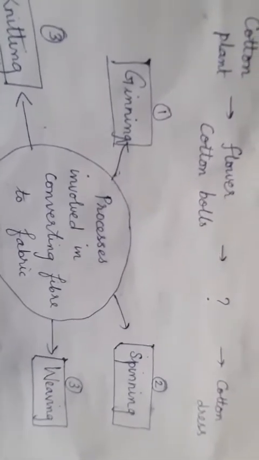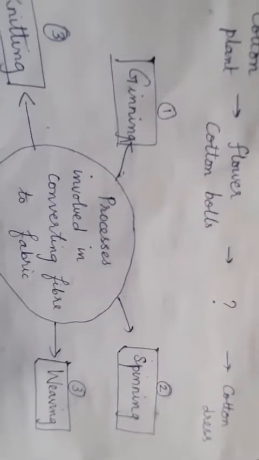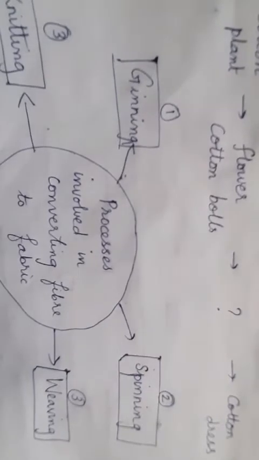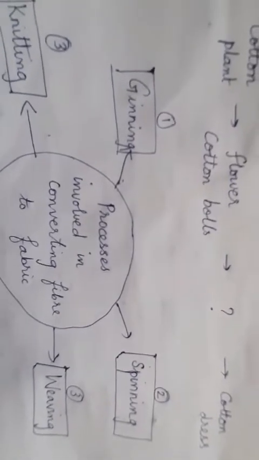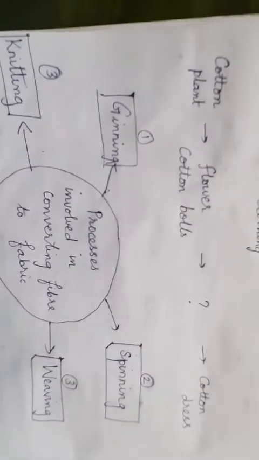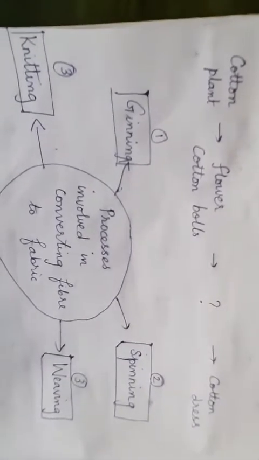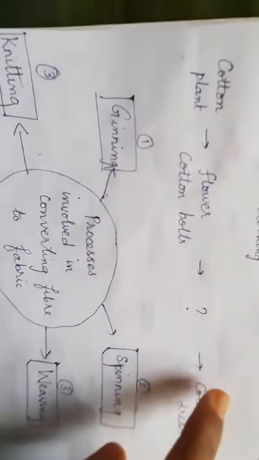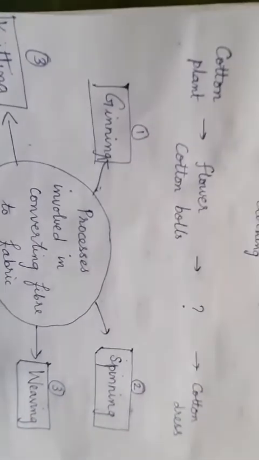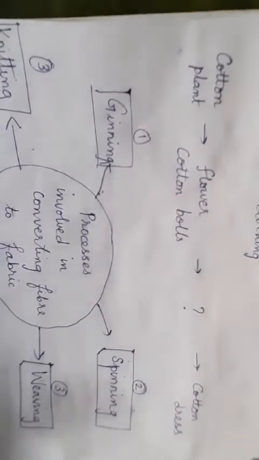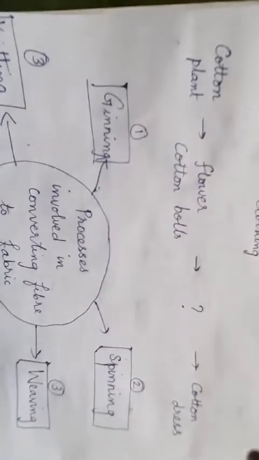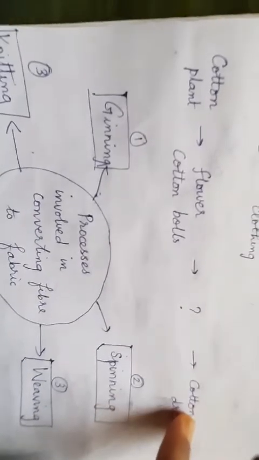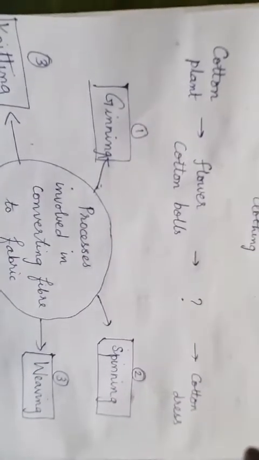So what happens when the plant is soaked in water and left for a few days? It will rot and decay. Once it is rotten, the jute fibers are separated from it. So where do we find jute? In Assam, West Bengal and Bihar. Where is cotton growing? Cotton is growing in South India. States like Maharashtra and Gujarat have very good growth of cotton plant, because the cotton plant requires certain conditions for its growth. Cotton plant will grow only in black soil.